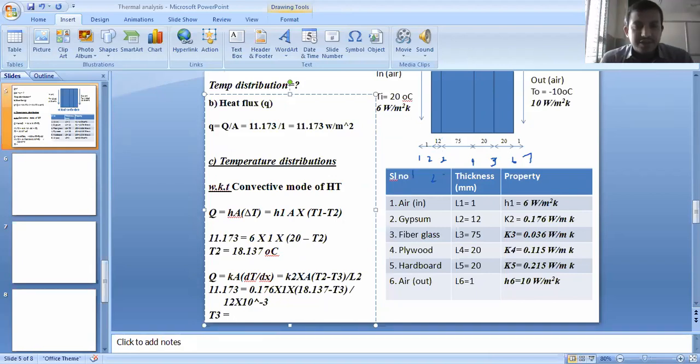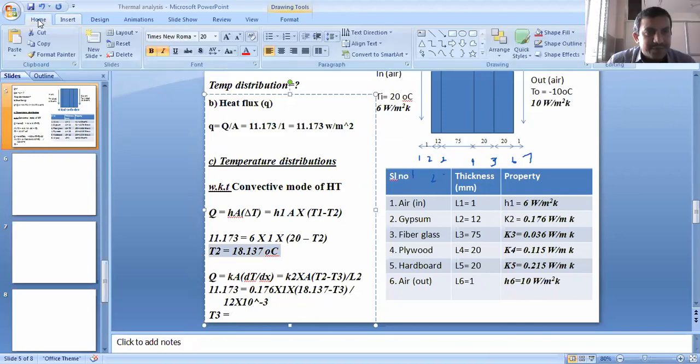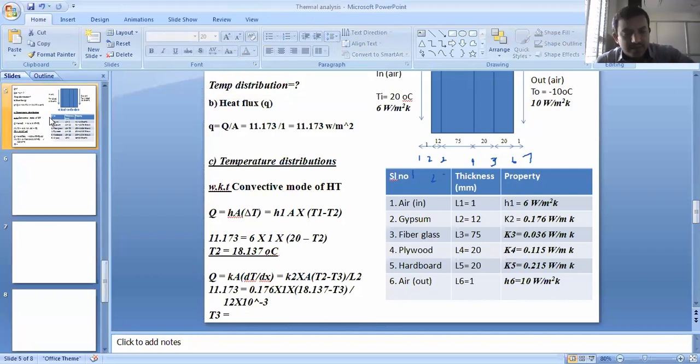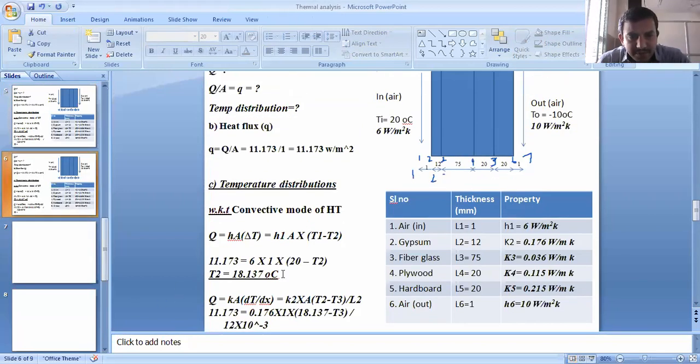Now give me the answer for T3. Once we get T3, that should be less than T2. As the length increases, the temperature goes on decreasing. That is why we get the negative sign, minus sign. Let's please do it fast.